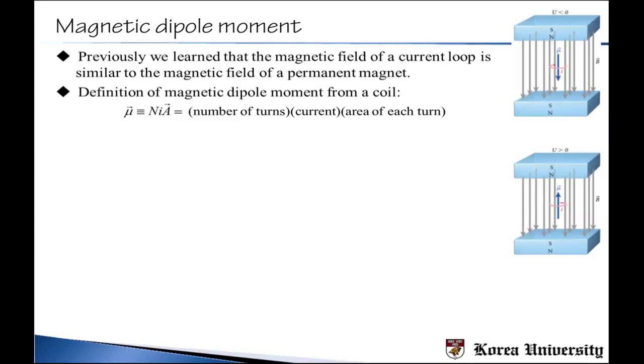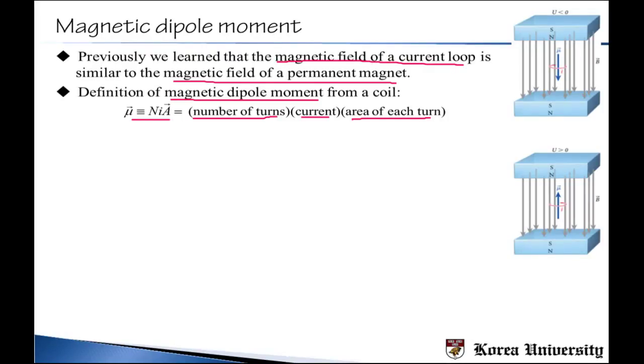Okay, and finally we will discuss the magnetic dipole moment. Try to remember that in the early part of this lecture, we learned that the magnetic field of a current loop is similar to the magnetic field of a permanent magnet. So they were related. So based on this idea, we will define a magnetic dipole moment of a coil as the multiplication between the number of turns and the current and then the area of each turn. So it can be mathematically written this way, and we will use the symbol mu vector to represent the magnetic